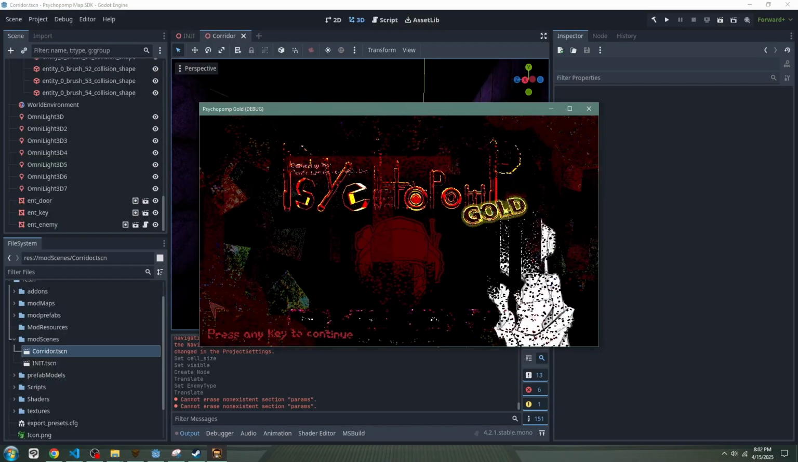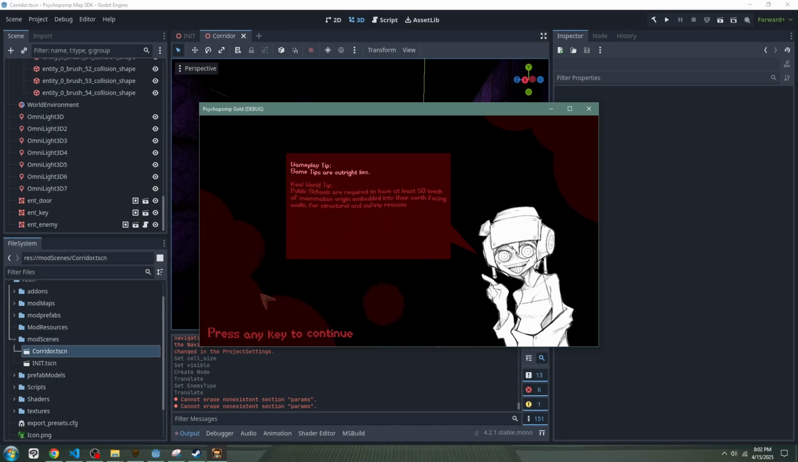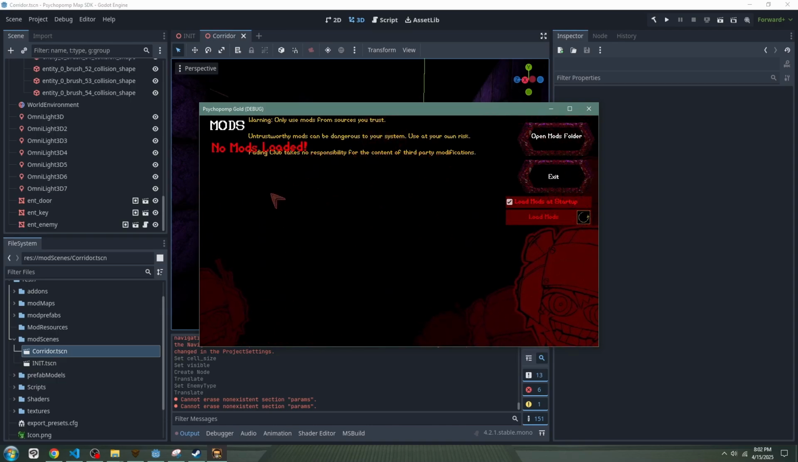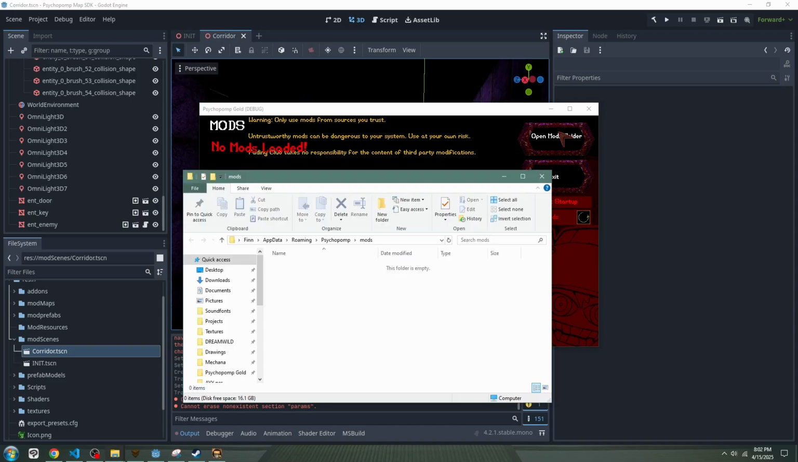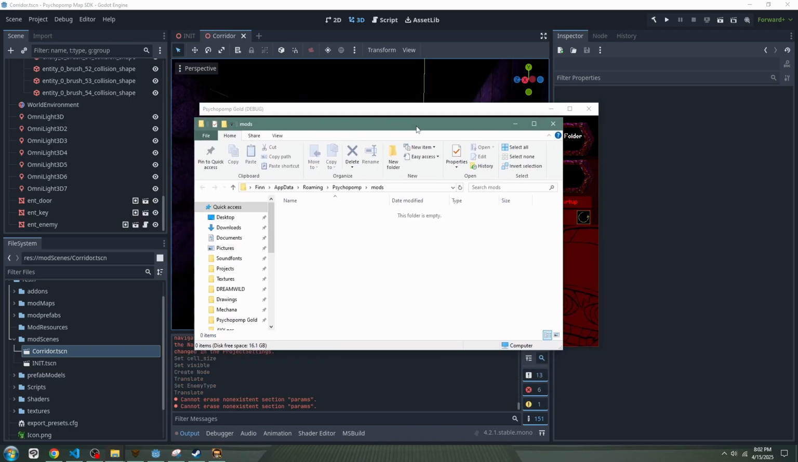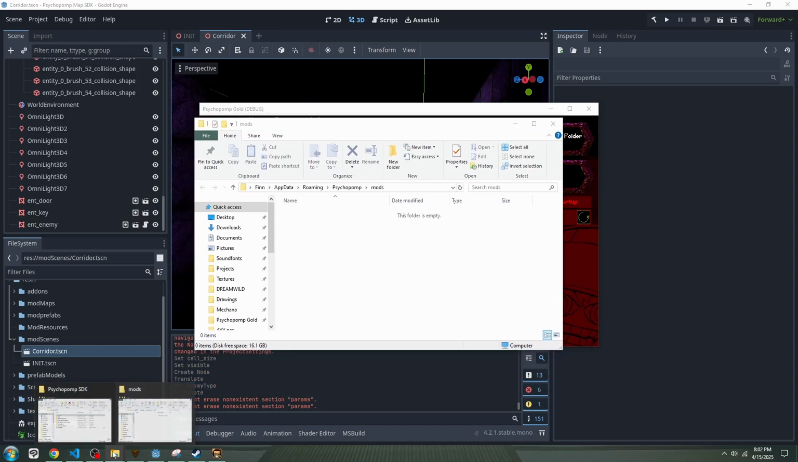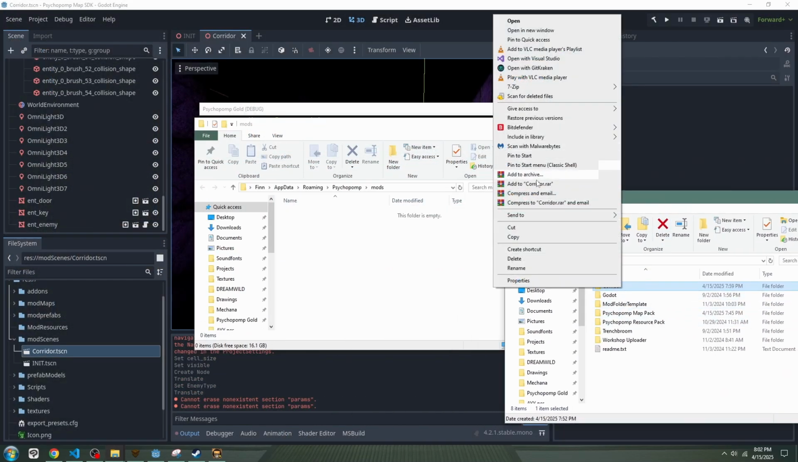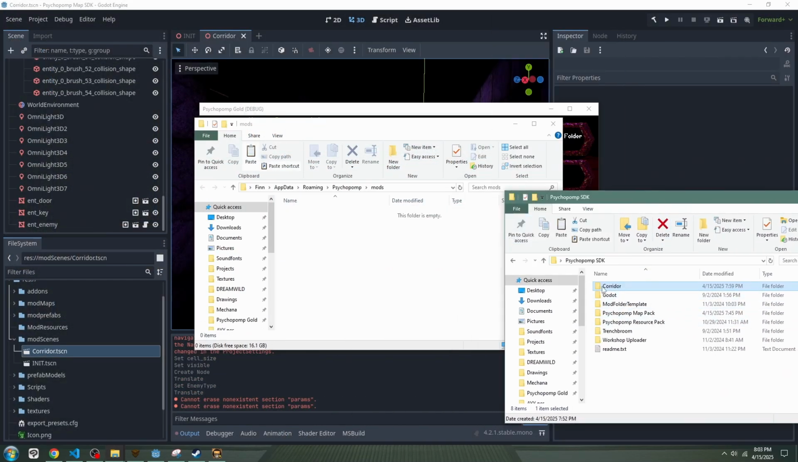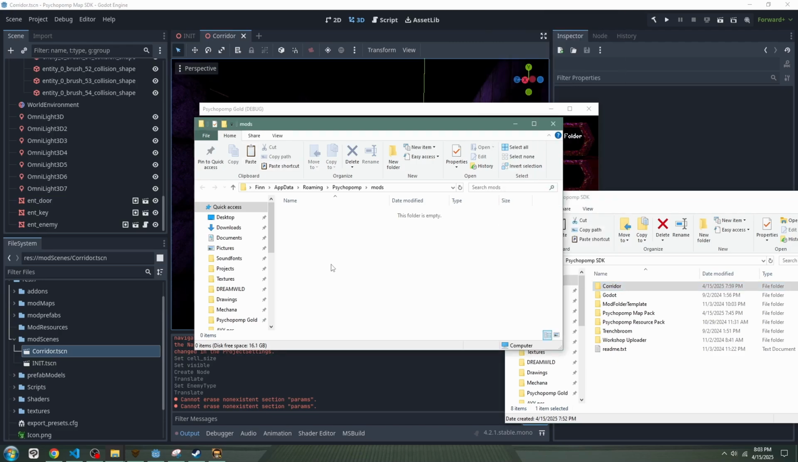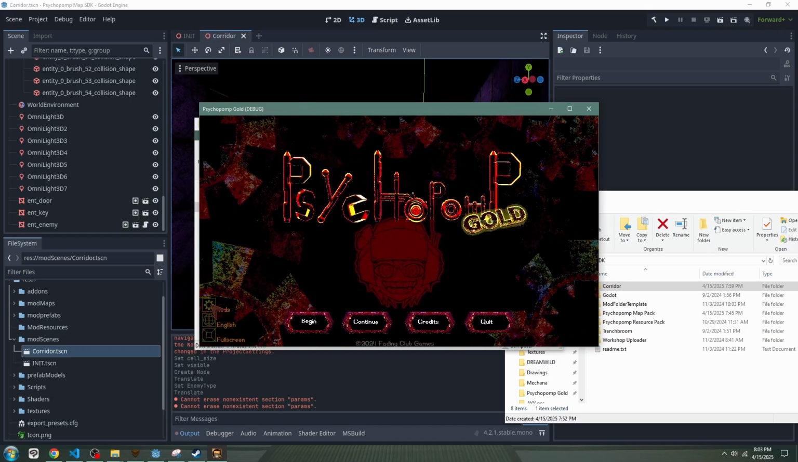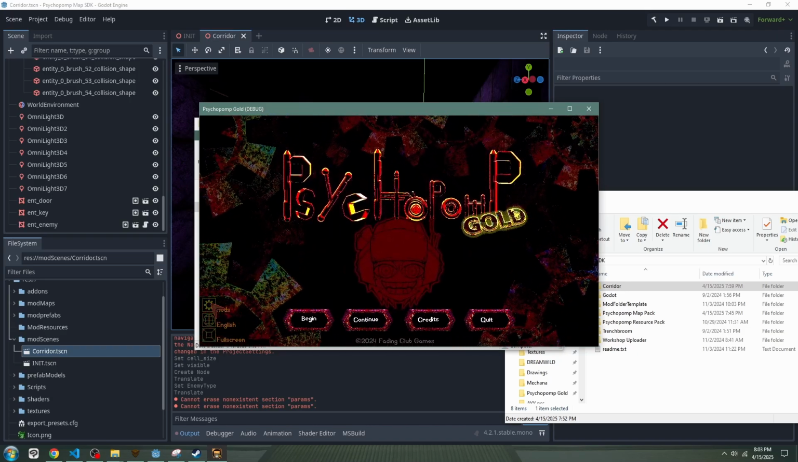Alright, so go ahead and open up Psychopomp Gold and head to the mod menu. Once we're here, I have no mods here, but we can go ahead and open up the mod folder. And that will open up our app data mod folder right there. So now we go ahead and we're just going to go to our SDK and copy. And I would suggest doing a copy rather than moving the whole thing, and paste into our mod folder the mod we just made. And I'll go ahead and refresh the mod page right here,